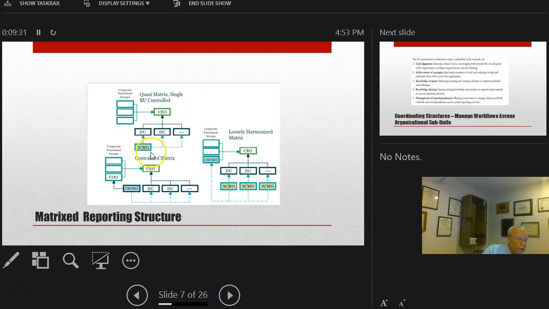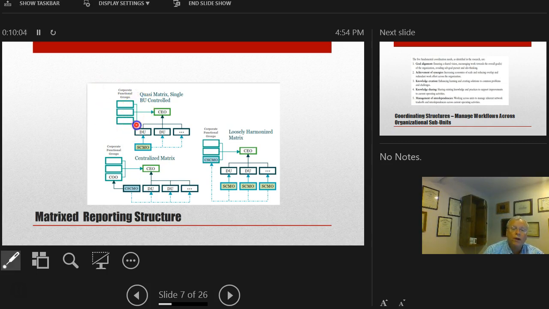The matrix one is kind of interesting. The matrix one is more like what we had during my tenure at Emerson. So my disclaimer is that what I'm going to show you relative to Emerson was when I was at Emerson. It doesn't mean it does not reflect the current organization or the current thinking of Emerson. It did reflect the current thinking at the time that I was there. So when you look at this, what you have is